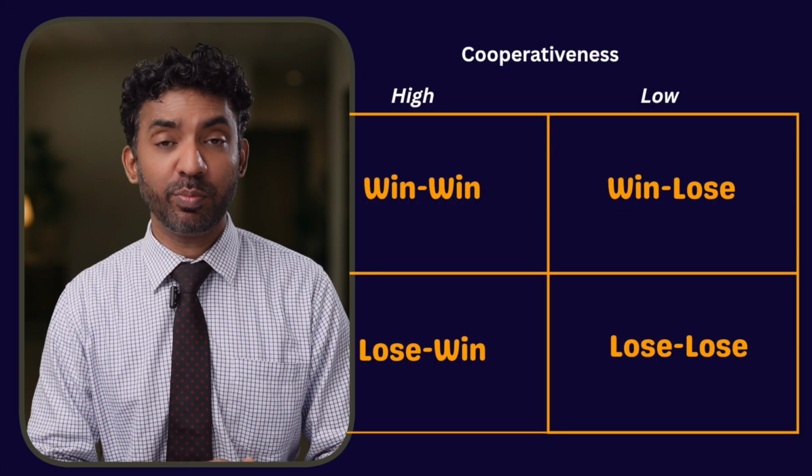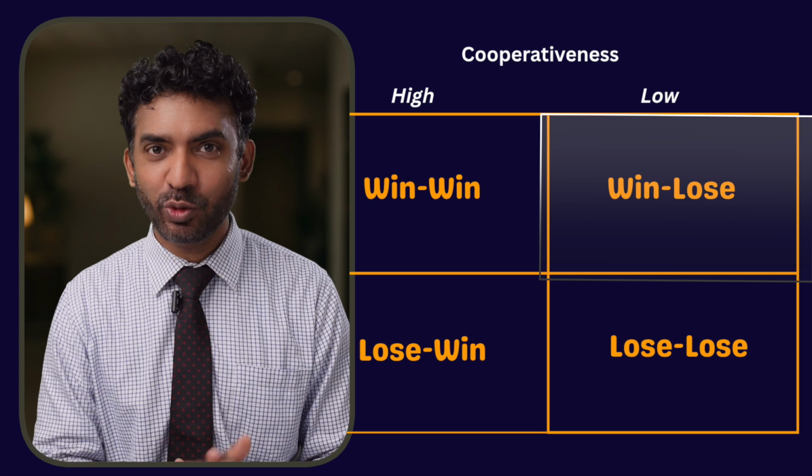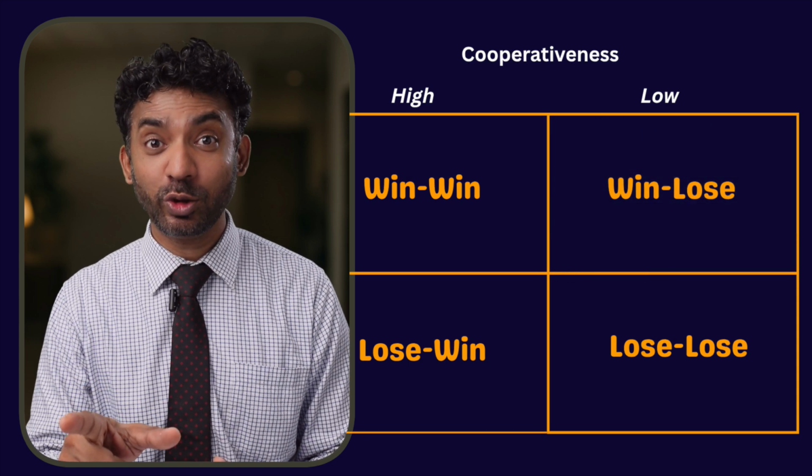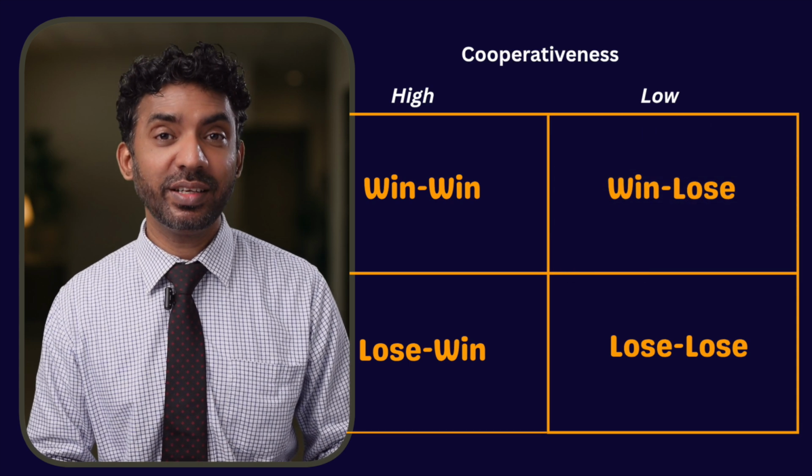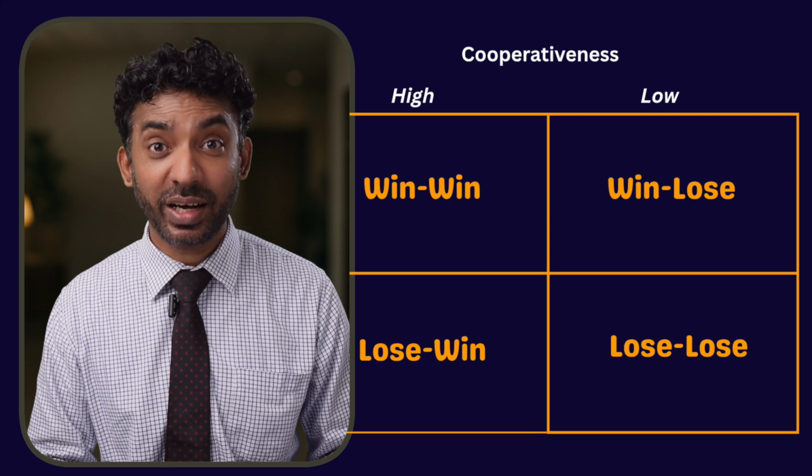Now we'll go to the second approach, the win-lose situation. That means you are going to win, and the other party is going to lose. That means you are going to apply low cooperativeness but high assertiveness. You use this when you want to make quick decisions, when there are no negotiations because there is no time for negotiation, when you want to enforce company values, rules, policies, and ethical standards, and when the employees' requests are not feasible because they do not tally with the business objectives of the organization.